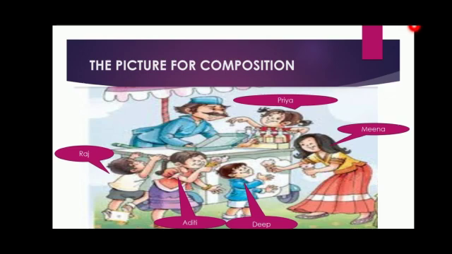Now you can see the ice cream seller who is wearing a blue coat with a cap. He is smiling all the way. That means he is very happy. You can ask the question, why is the ice cream seller so happy? Now he may be happy because the children are happy, they are enjoying the ice cream. Or he may be happy because he is able to sell many ice creams today.